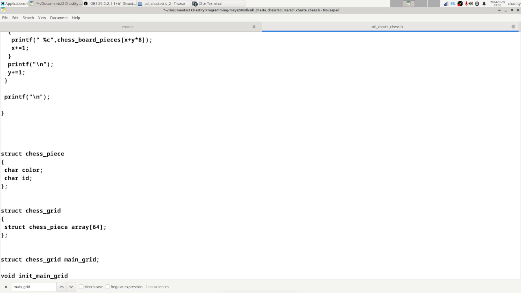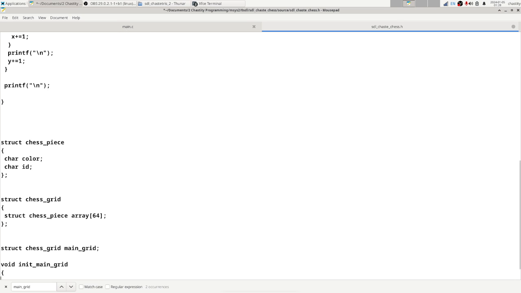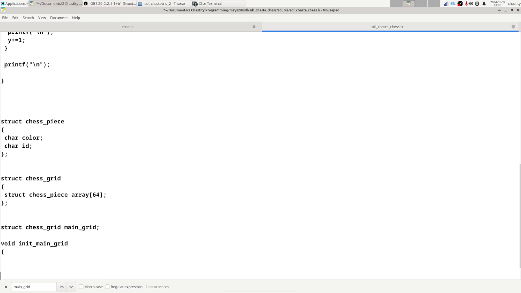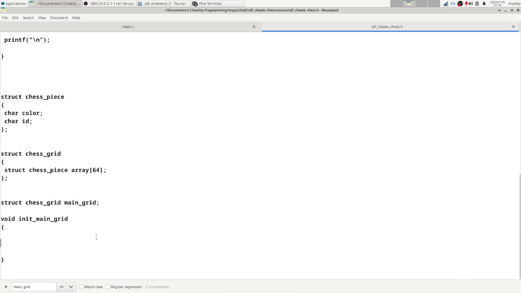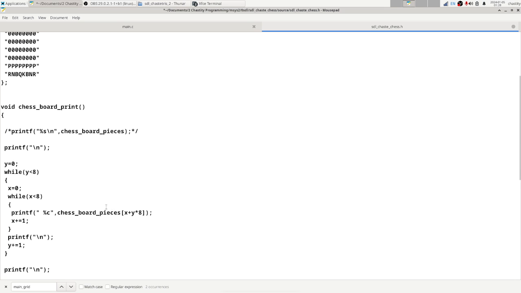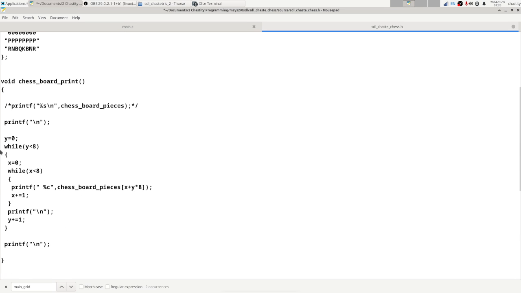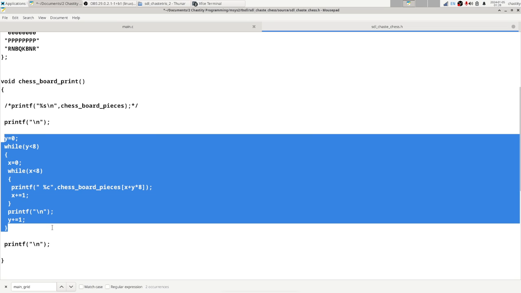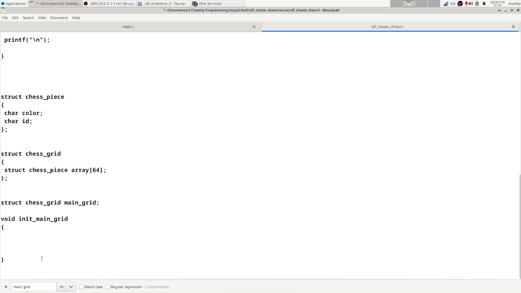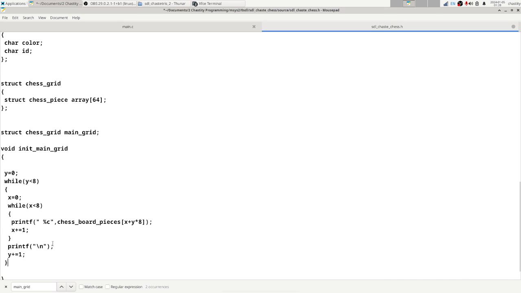So then we have this function, and what it's going to do is go through this loop, but instead of printing anything, it's simply going to set